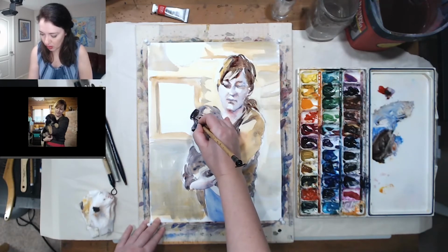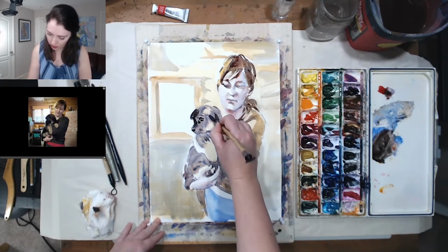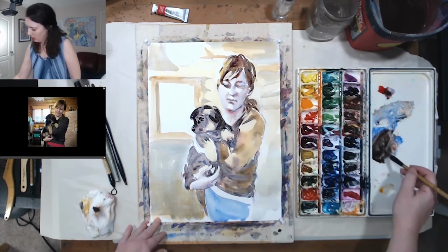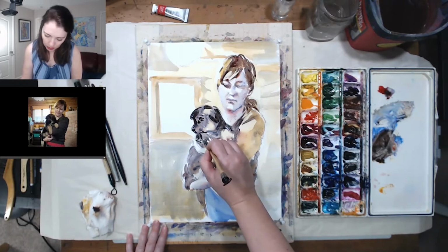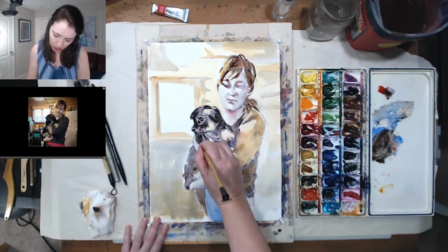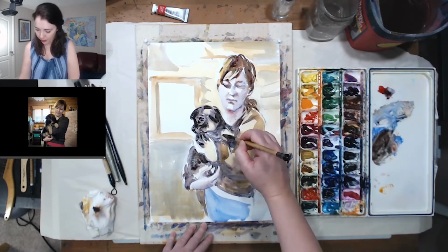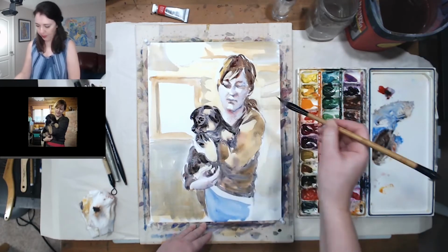Paint her face. So I see pretty sharp shadow right here, so I need to darken it. Her shoulder kind of blends with her muzzle. I'm going to leave the muzzle, her face lighter. It's a dark shape here on the cheek. And I'm going to darken her side a little bit. Okay,